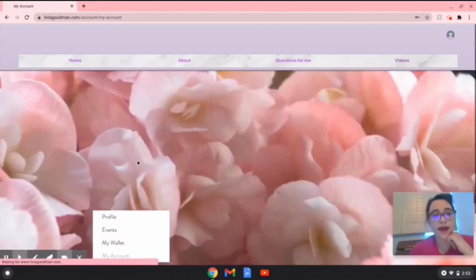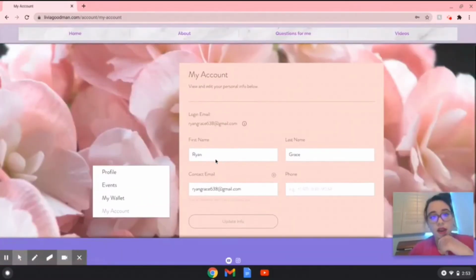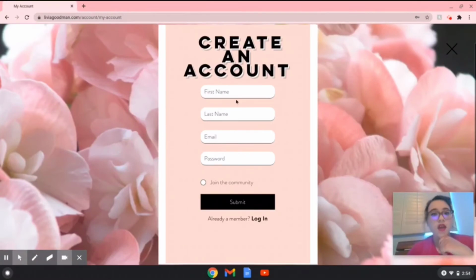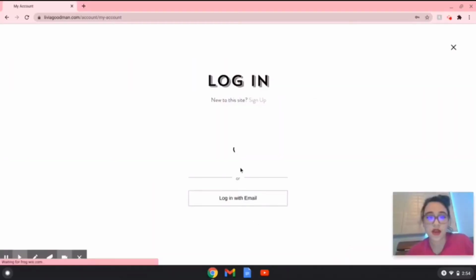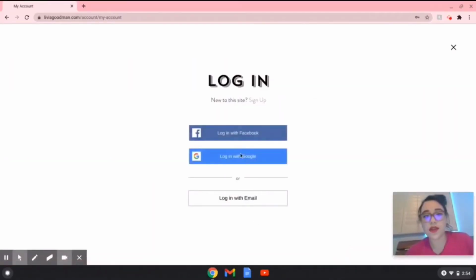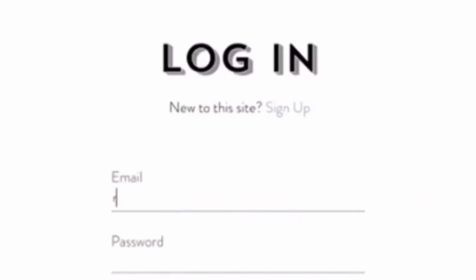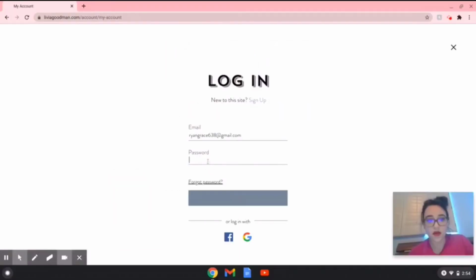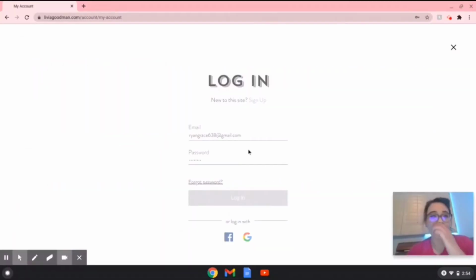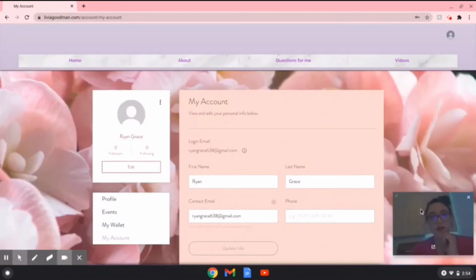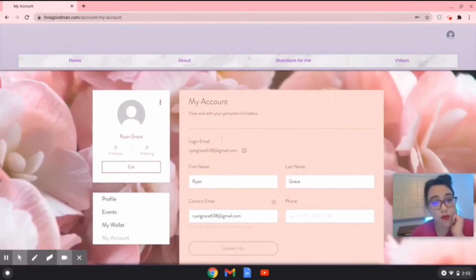Then you can click on my account. You can look at your profile, and I'm still working out a few bugs, so I'm sorry if it makes you redo it. This is a good time for me to show you. You can also do login if you're not a new member. So login, and here it is. Now you should be able to open your account, and it should show this little bar